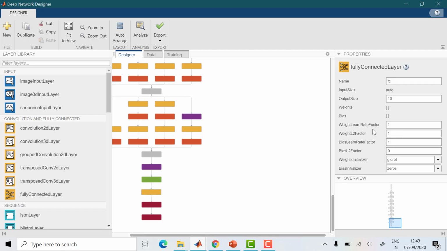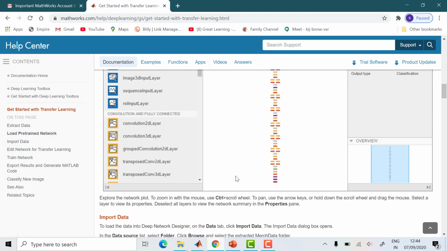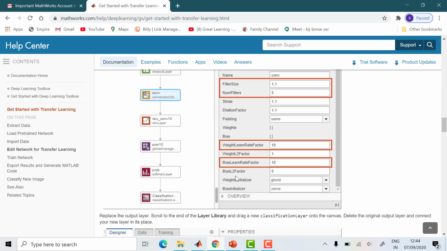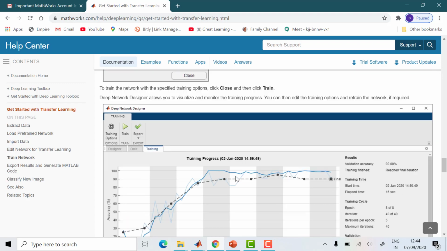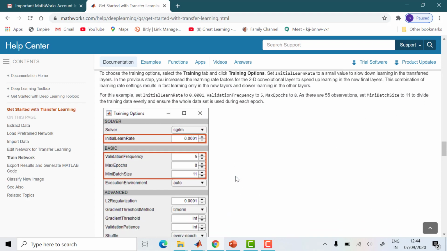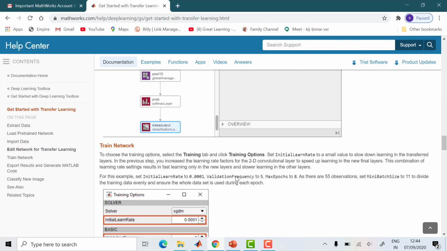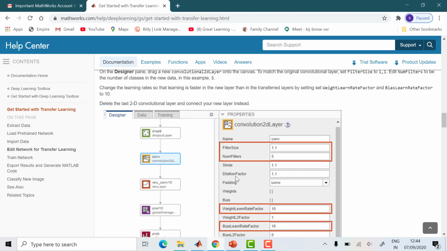Here you have to change the weight learning factor and output size. So output size is 10 here, I think. Our output size is 10. Let me check what is the weight learning factor here. GoogleNet.